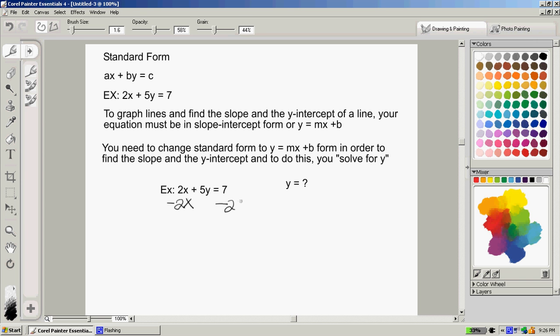So minus 2x, and once you do that, the 2x minus the 2x cancels out. You're left with 5y,